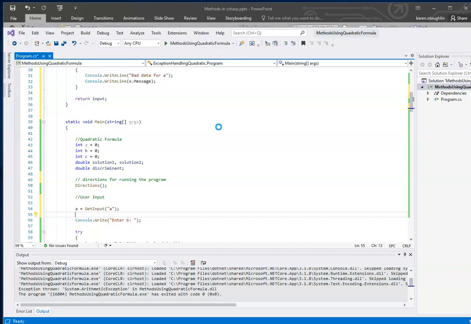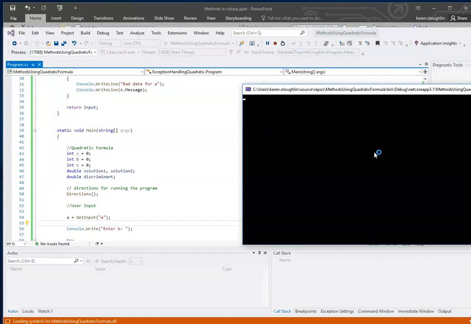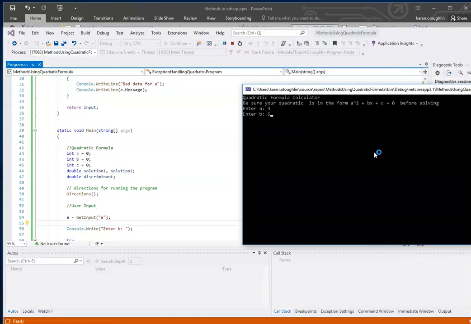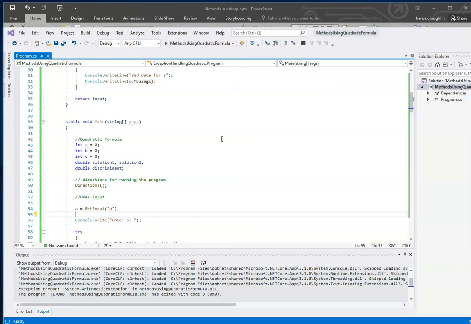So if I execute the code just to test to see if this module runs, we will see if we get some inputs. All right, we have an overflow error. I'm not picking very good numbers right now for my examples. We'll try to get that a little bit better in a few minutes. But here's the deal now. I can do the same thing in order to get an input value for B, and I can call the same method to get an input value for C,